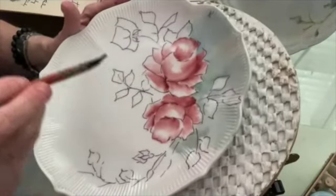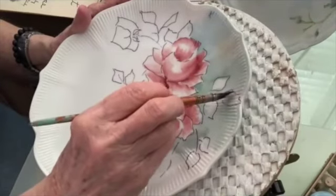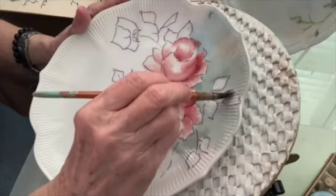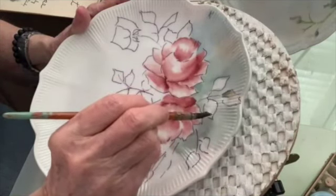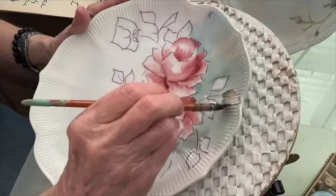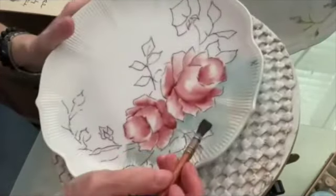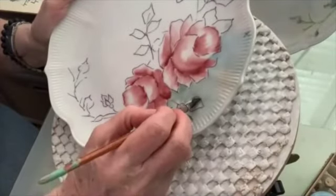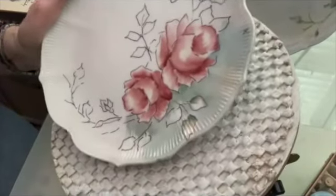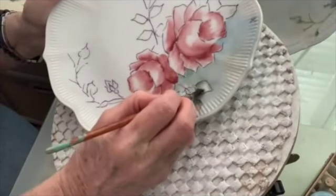That way, if I accidentally get too much paint on, at least it's ivory and it'll give me a nice highlight. Oh, this is not going to work up in here very well. Okay, so go to the center. Then I go from the center over, and I've got this ribbing up here, so that's not working for me too well. Let me try to go down to one that's not here. Let's try this one here. Okay, I'm going to go from this to the center. Can you see that? Then from the center over,